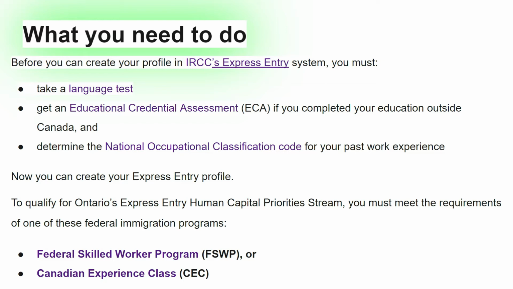Suppose you are a software engineer in Canada or in India or in Philippines or in China, then you have to go to the National Occupation Classification and see which code is relevant to your past work experience. Now, once you have all these three things, the language test, the educational credential assessment report, and the third one, your National Occupation Classification code for your past work experience, then you are good to create your Express Entry